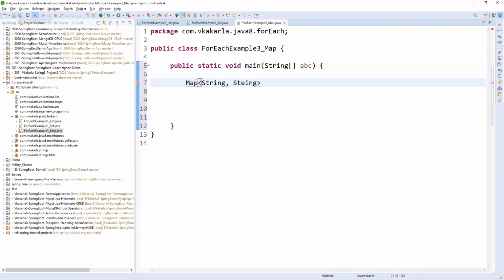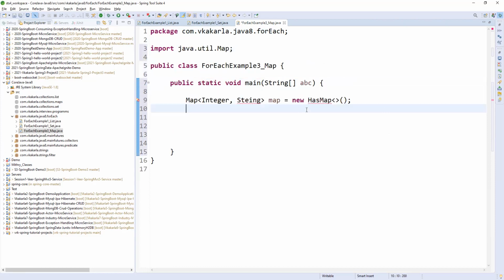You can give any type. Let me give Integer instead of String. So Integer. Map is an interface, so you need to provide the implementation class for that, which is HashMap.